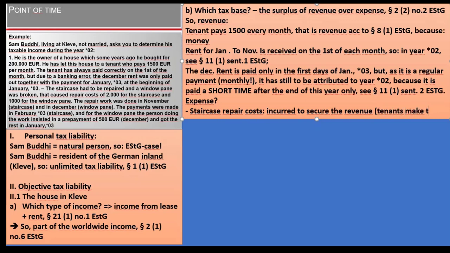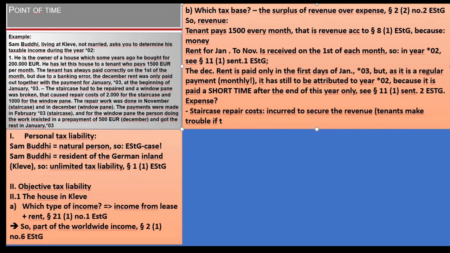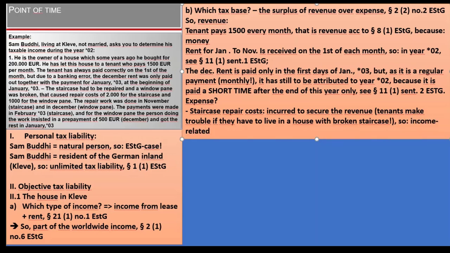Tenants make trouble if they have to live in a house with a broken staircase. And even if it's not a necessity, well, the house doesn't look nice, so rent income will go down over time. Okay, so income related expense